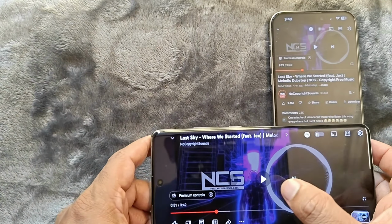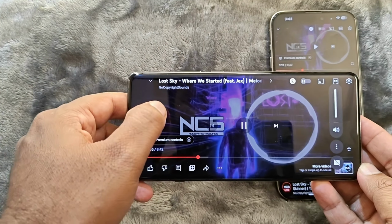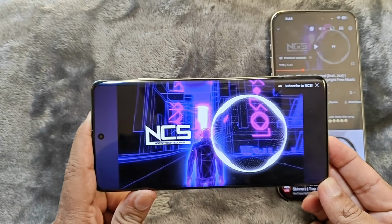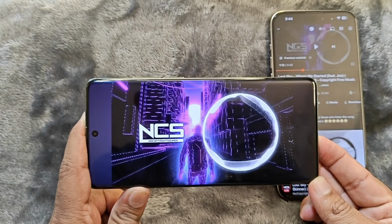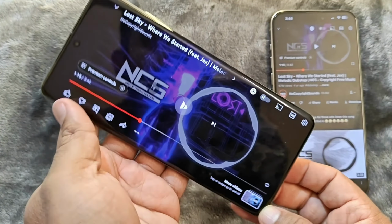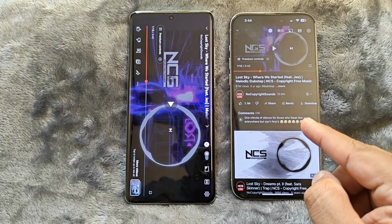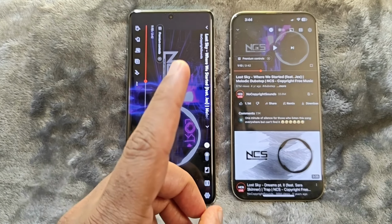Let's play the same track on OnePlus 12. Wow. Honestly guys, both speaker sounds almost similar. There might be a slight bit of bass on the iPhone 15 Pro Max, but OnePlus 12 speaker is excellent